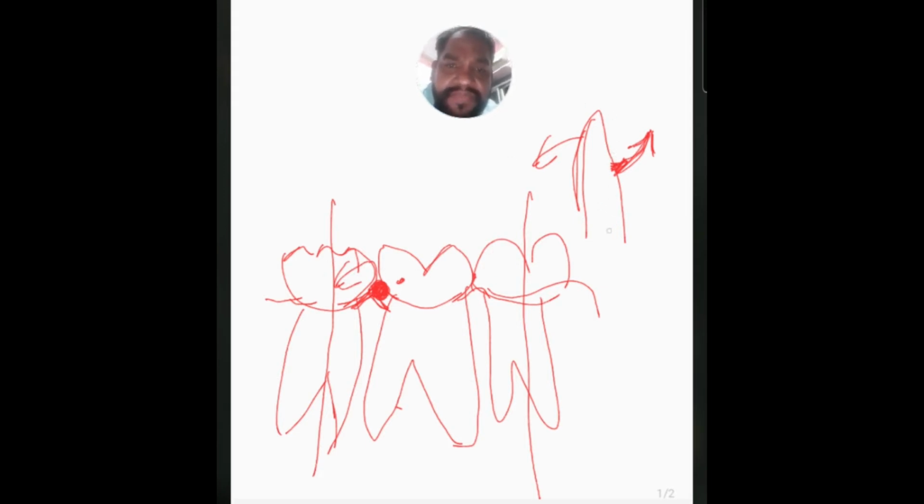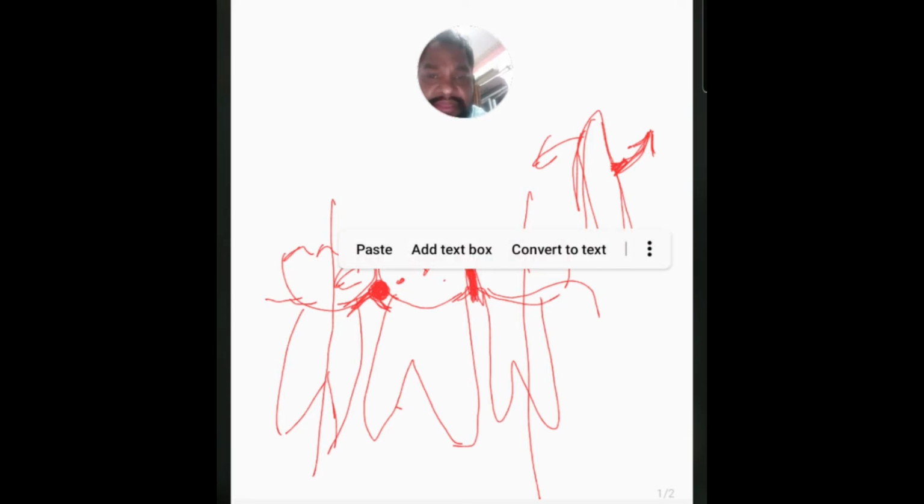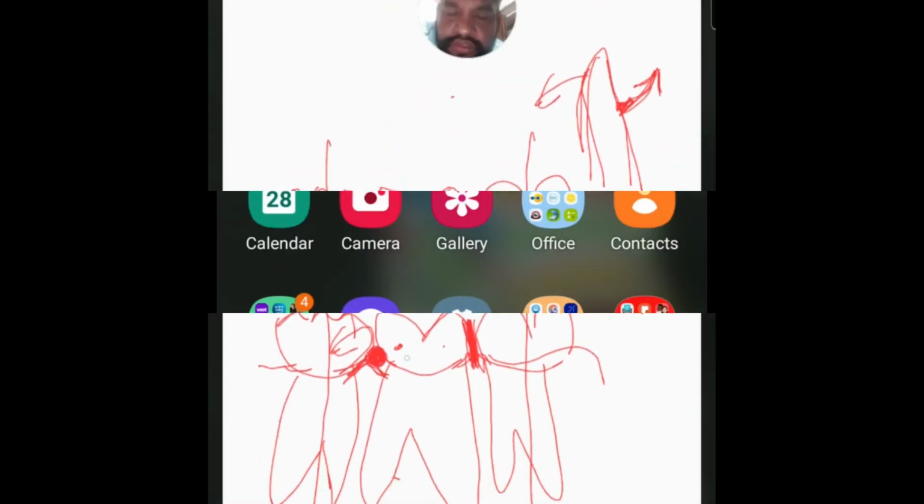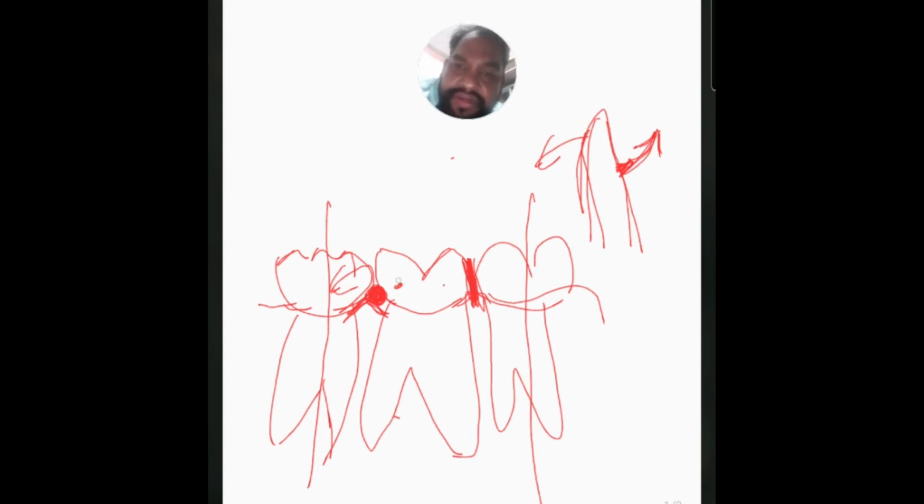You place the straight elevator in between the tooth which has to be extracted and the interdental bone. But what happens if you apply pressure from this side? The resistance point will develop on this area, because this tooth is directly in contact with this. So this is the point which has to be noted. This is the criteria, and I think you understand it very well.